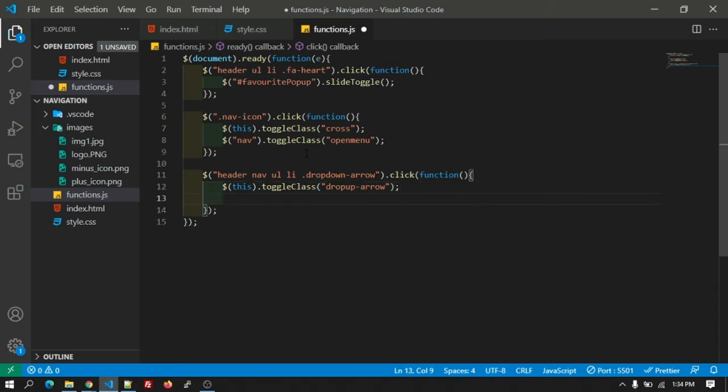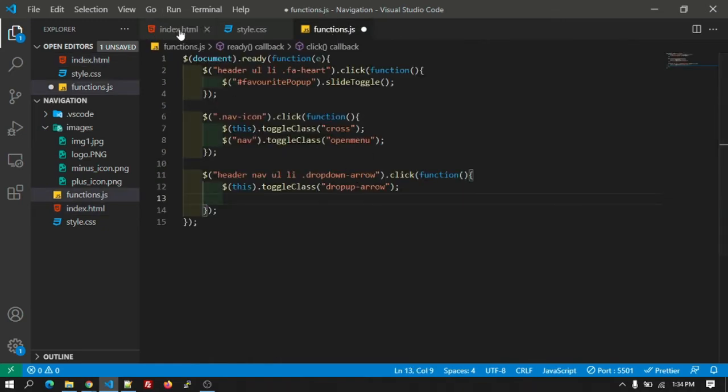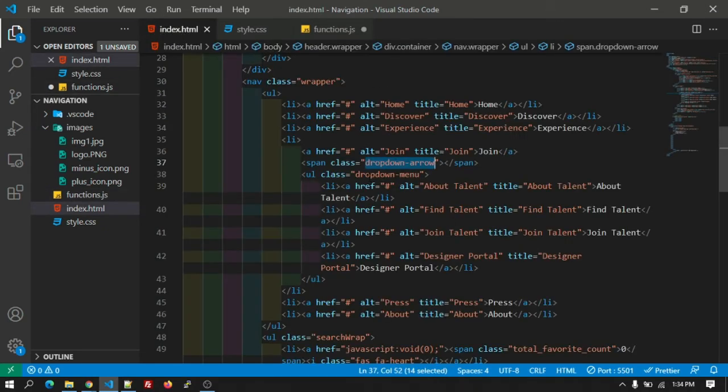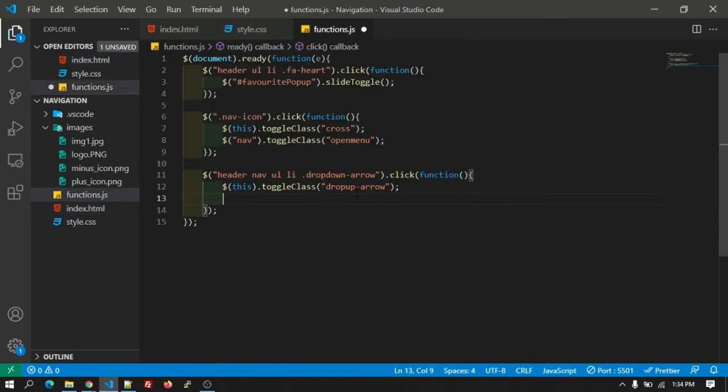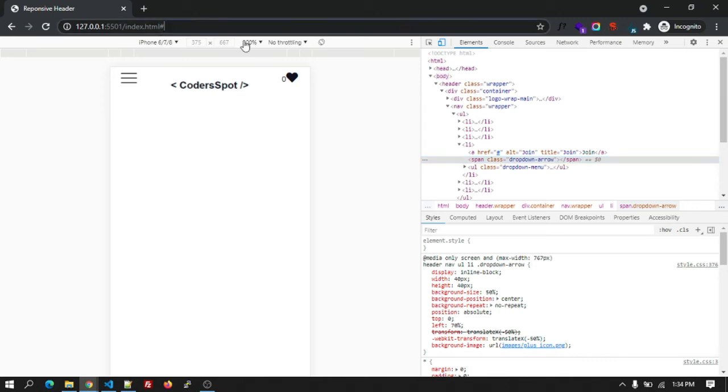Okay, so after clicking on that it will add the class dropup arrow, and also the dropdown menu should also open, right? So for that also we are going to add the JS. It will be like header nav ul li and the dropdown menu, and it will be slideToggle. Okay, so we have added the jQuery.